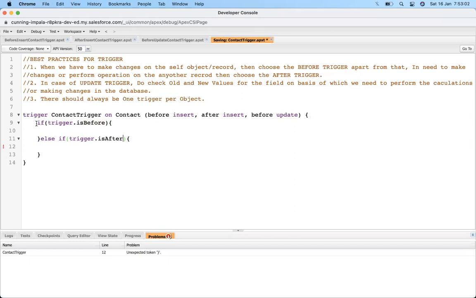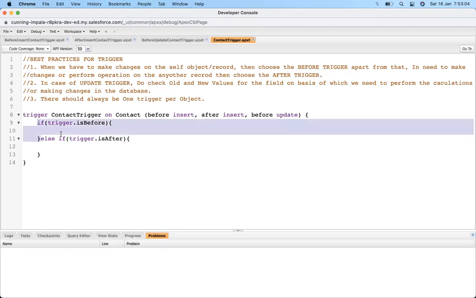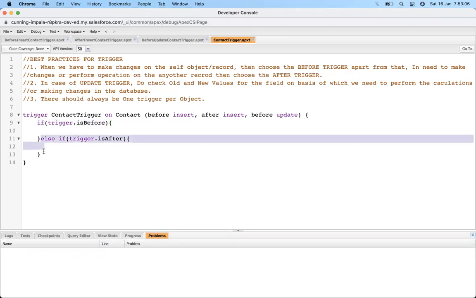It means that in this case it will run all the before triggers, and in this case it will run all the after triggers. Before trigger means before insert, before update, before delete, and after triggers means after insert, after update, after delete, and after undelete. So now we come into a before trigger.